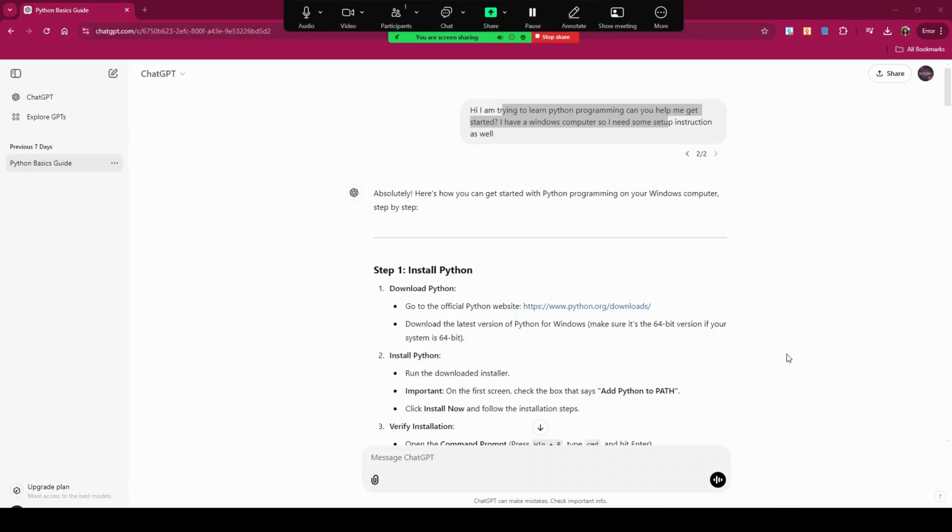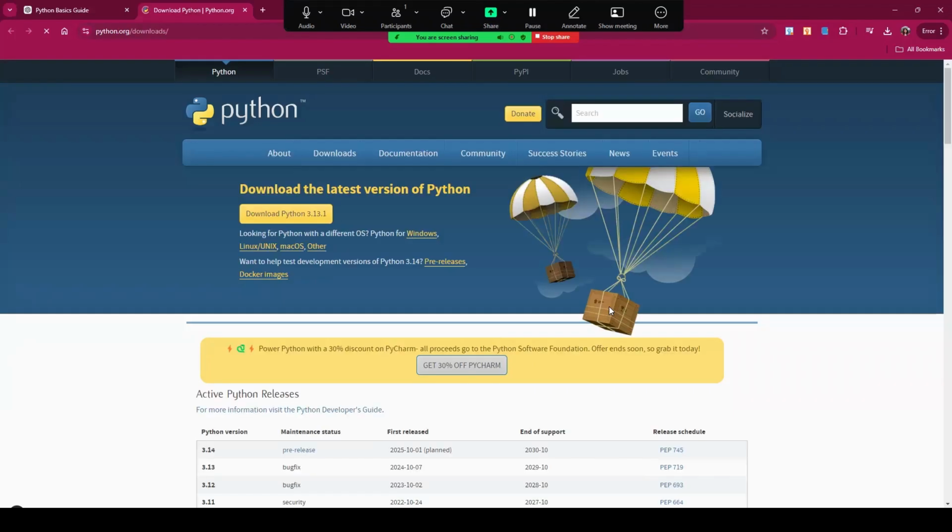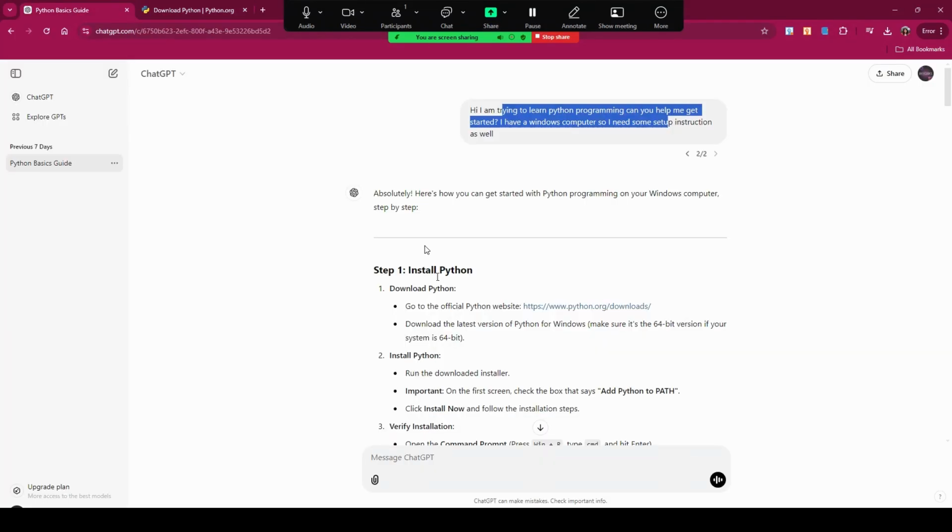Following up on the previous one, which is installation of Python for Windows computer. We'll just go with the standard IDE that comes with the official Python package. So if you click on the link that ChatGPT provided when you ask it a question about